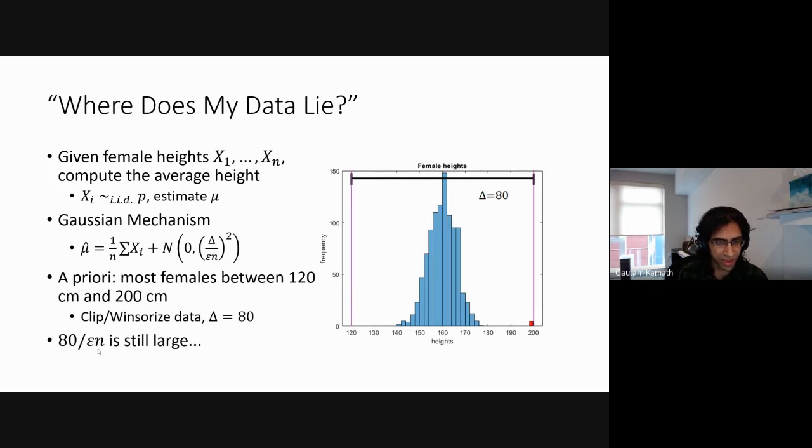If you tell that to a data scientist or statistician, they'll tell you that this is way too much noise, that we're not going to get any good signal there. And you're at a problem here because there are two things you could do at this point. You could go back and do more research about what data set you have and say, okay, maybe we can reduce it. Maybe most females are between 130 centimeters and 190 centimeters. That seems like a good estimate.